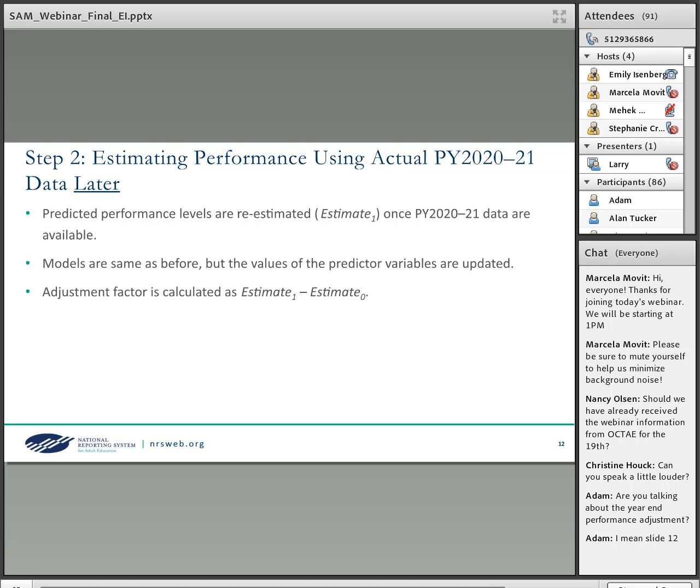I think Stephanie can talk about this more at the end. 2019-2020 is sort of a gap year, but I'm going to let Stephanie talk more about that.